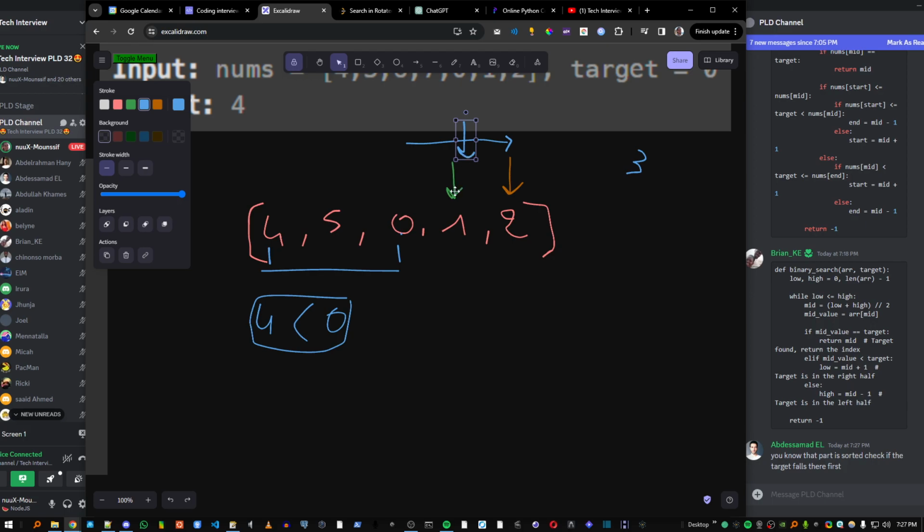Okay, let's maybe go back one more time. So we were here, we checked the middle. We said, okay, it's 3. This is not equal to 3. We compare this. We said, is this low less than 0? It's not. Then we move this here. Then we calculate the middle again. The middle here is 1. It's not. Which means I need to calculate, do I need to search